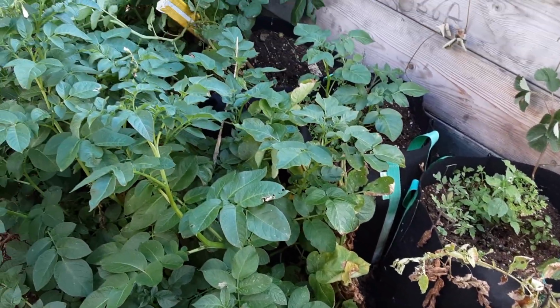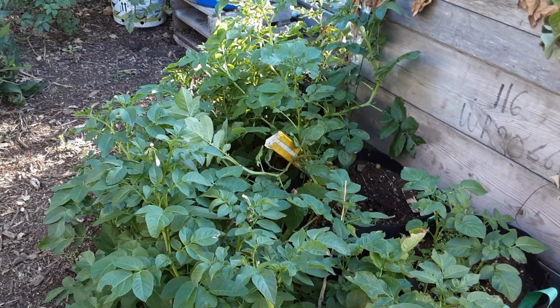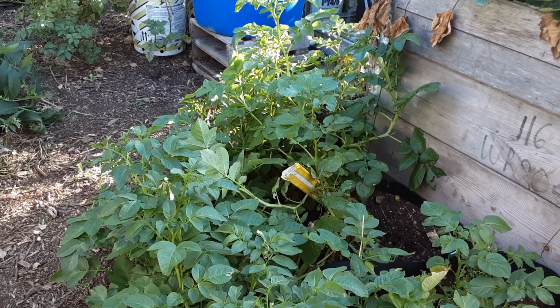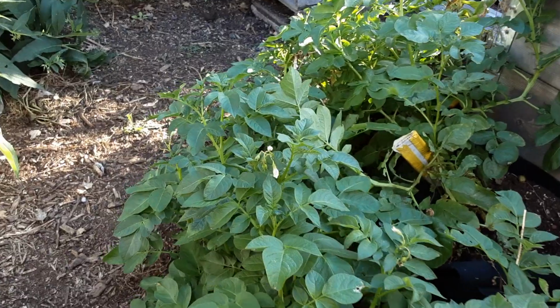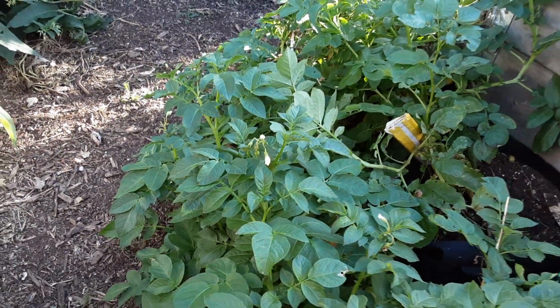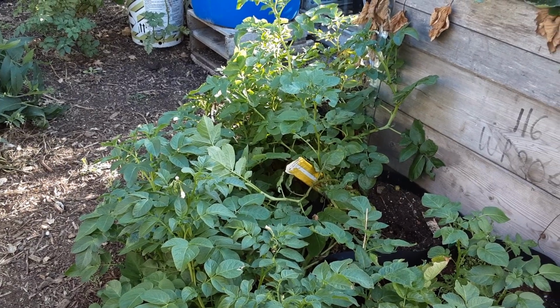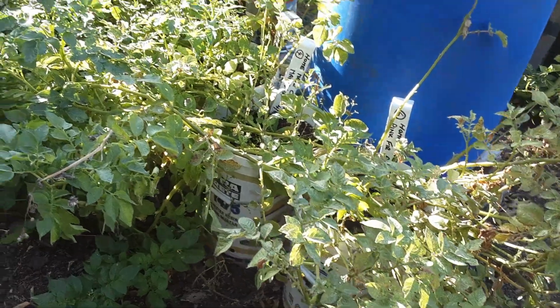Steve's single seed potato challenge, they're still looking quite good. We had one pot fail early on, but the flowers have come and gone now, so we'll keep these going as long as we can. Really easy to water as long as you do it regular. And these are the same,